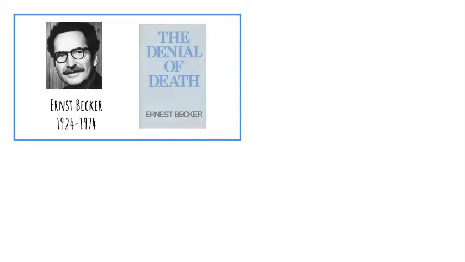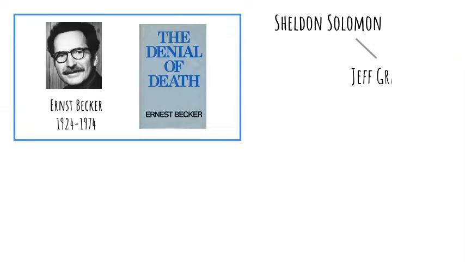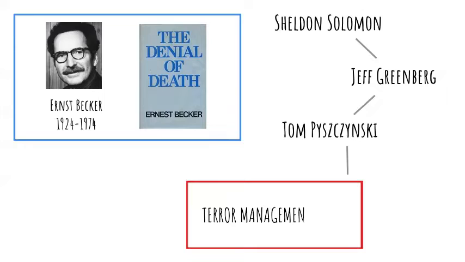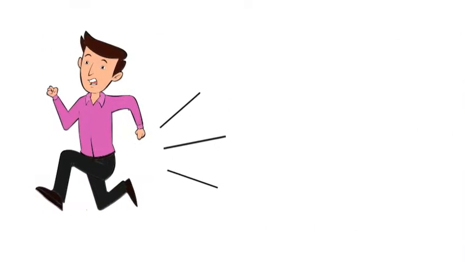In the years since Becker's seminal book, The Denial of Death in 1973, social psychologists Sheldon Solomon, Jeff Greenberg, and Tom Pyszczynski codified Becker's work into a formal theory called terror management theory. Nearly 50 years of research on terror management theory has demonstrated that the more conscious we are of our own death, even by simply showing us the word death, the more likely we are to alter our decisions in myriad,